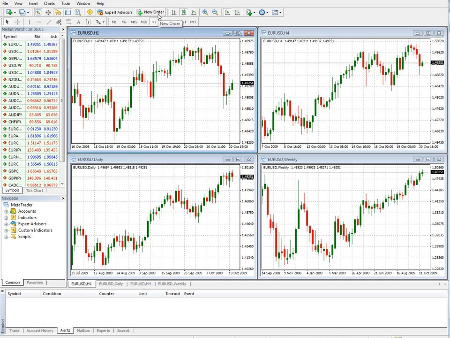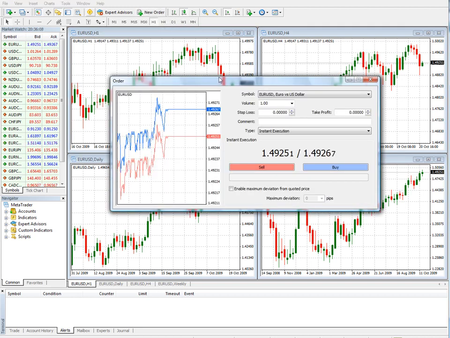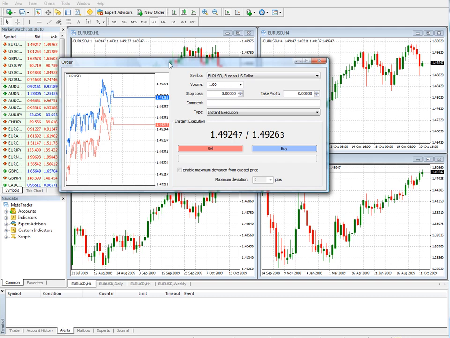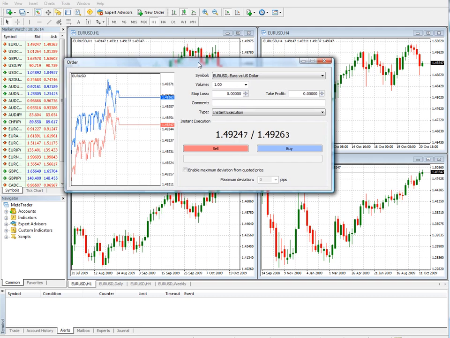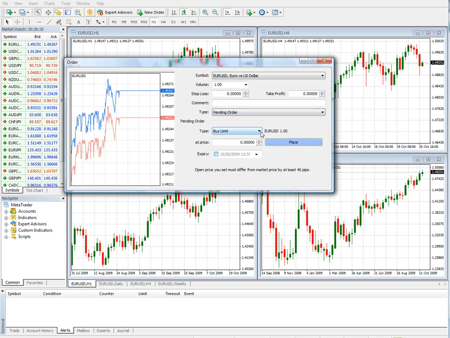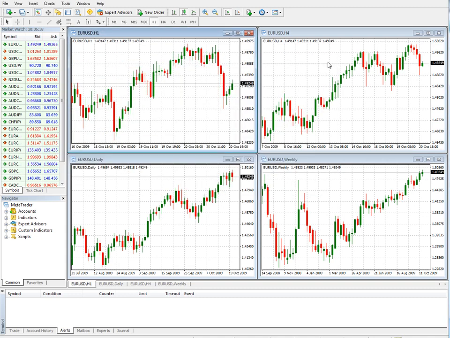to the new order window. All right, there's our new order window showing our bid and ask prices, also showing our buttons for buying and selling, either at the market, which is indicated by instant execution, or pending orders, which we have opportunities to do buy limits, sell limits, buy stops, sell stops, etc. And that covers